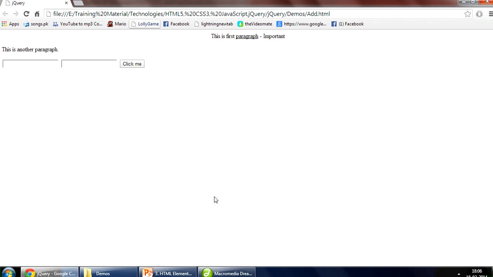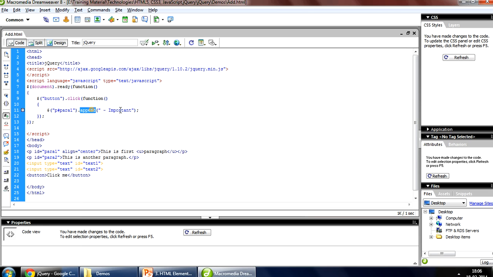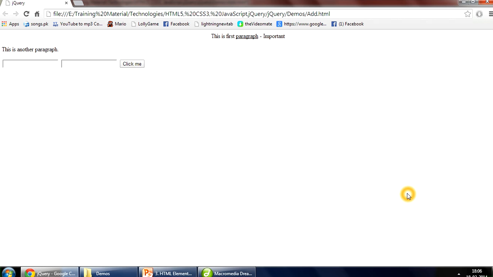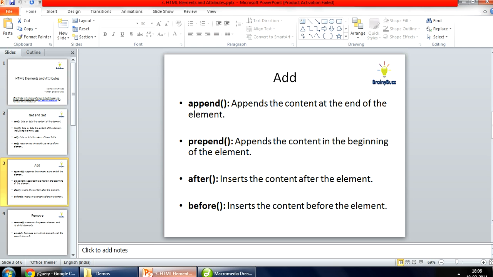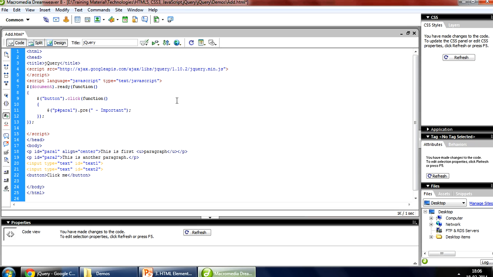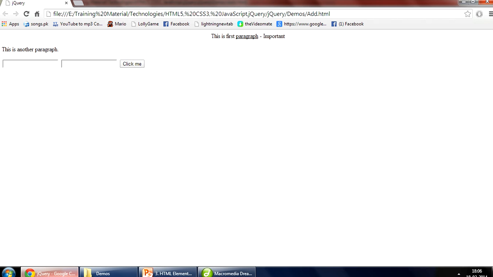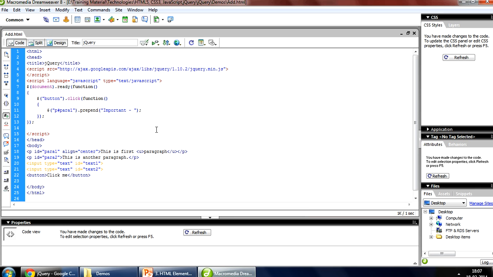Okay, let's see how prepend works. If you refresh it and click on the button, you can see that the text is appended at the beginning of the paragraph. But if you write it like this, after,